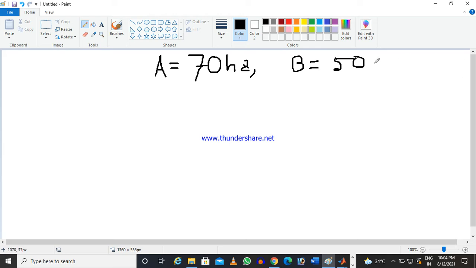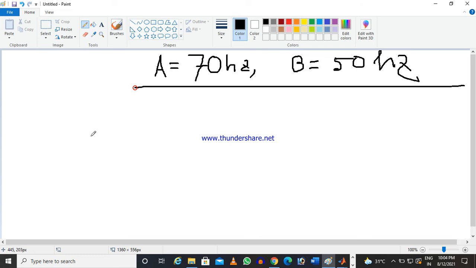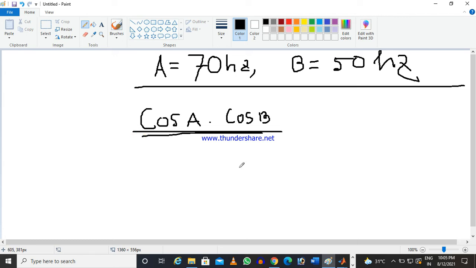When this 50 hertz is modulated by 70 hertz, basically this is cos A modulated by cos B, a product.